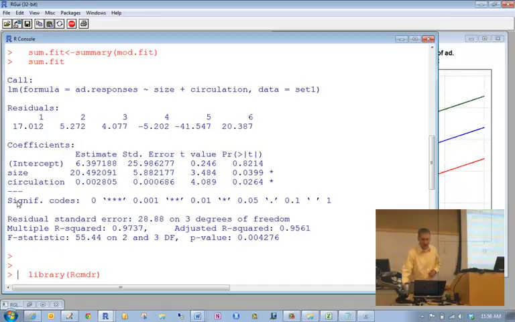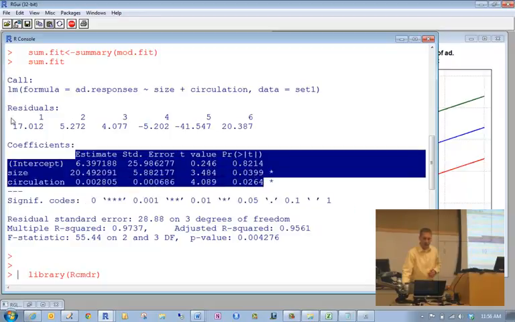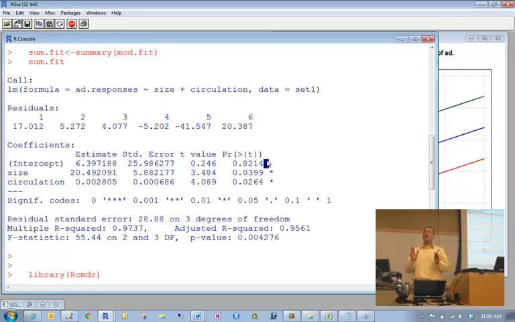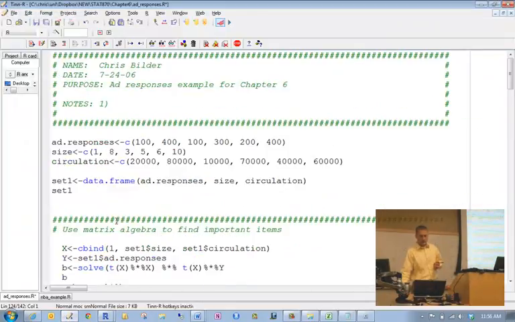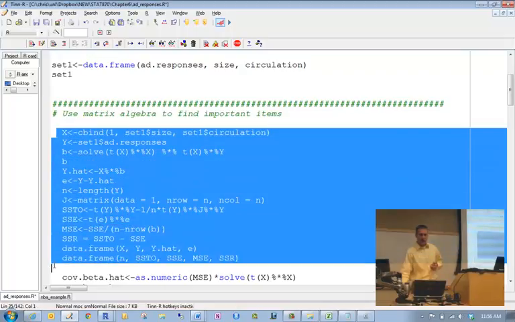I guess I don't need to see the significance codes, but I want you to show me all this. Show me the residuals, and so on. I want you to reproduce all that using matrix methods. So the calculations that we were talking about at the beginning of the Add Responses program, a lot of this stuff will help you. I don't show you exactly everything there. But you should have the basic background now to figure out how you would do this using matrix algebra